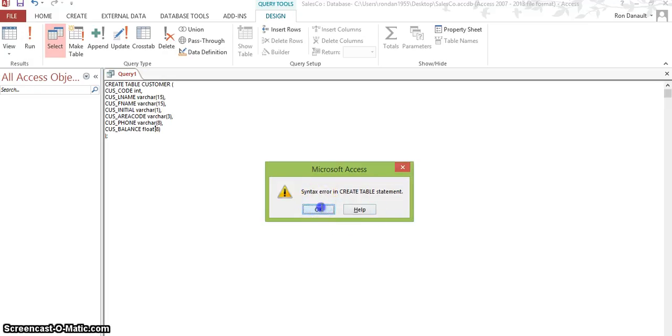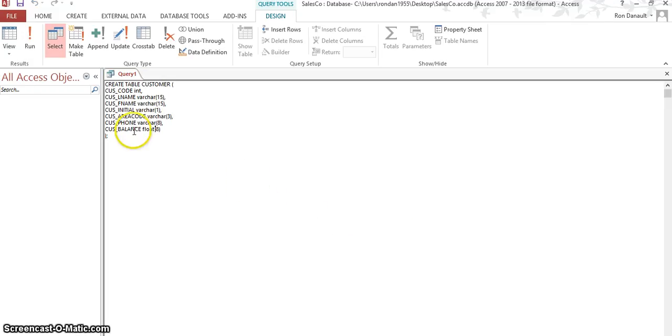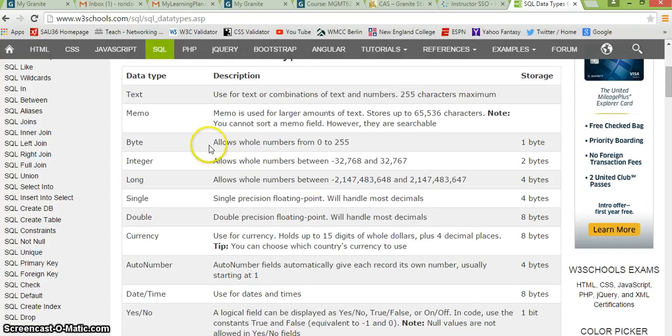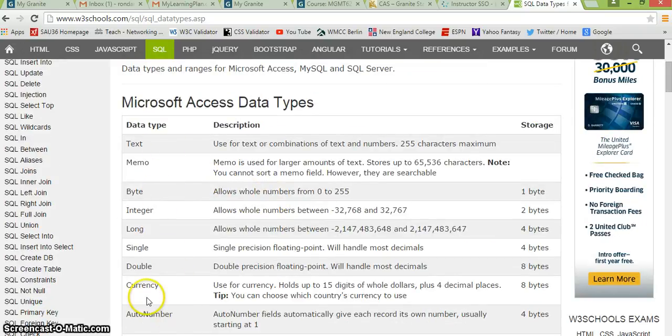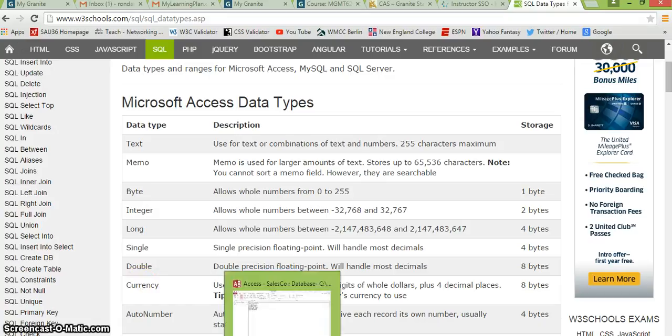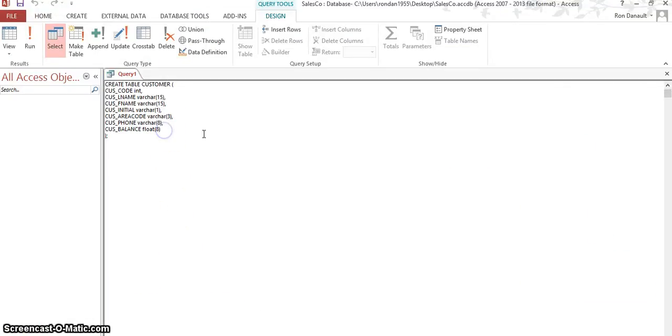The reason why you're getting this error is because float, which is what you see right here, is not a valid data type in MS Access. If you look here, this gives you a list of the SQL data types for Microsoft Access, and float is not one of them. So since we know that balance is currency, we can use the currency command instead. So I'm going to replace float with currency